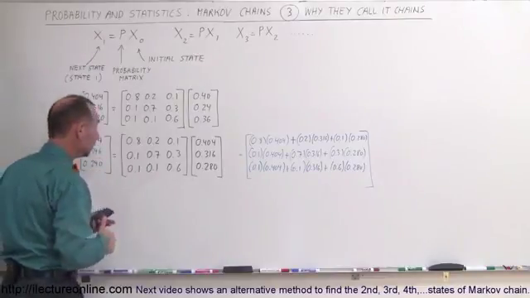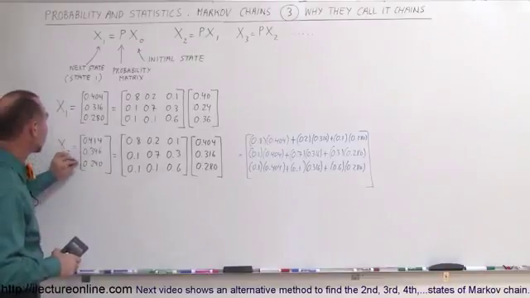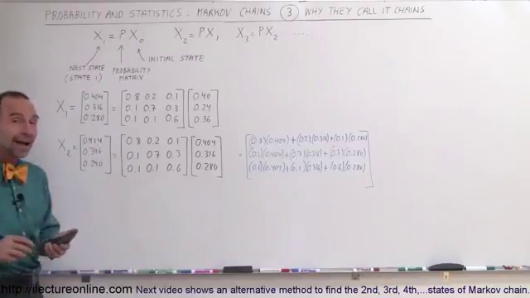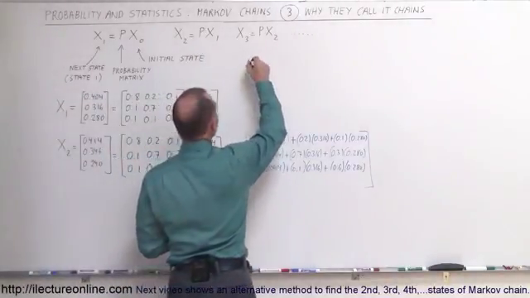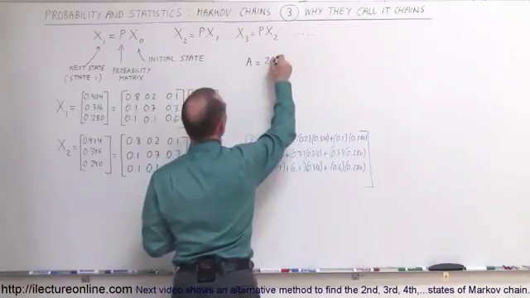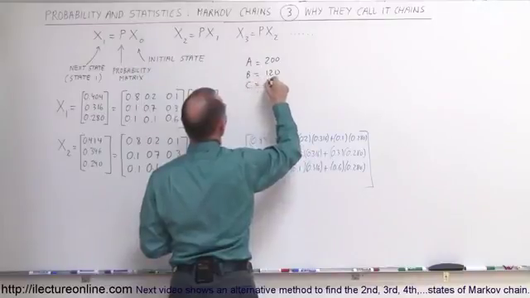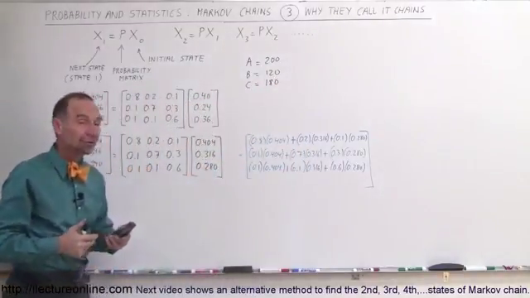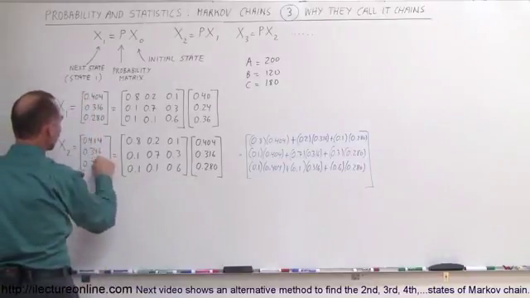0.240. Now, you can see that this would be the number of customers attending store A, store B, store C as a percentage of the whole or as a fraction of the whole. If we now multiply that times the total number of customers, remember that we started out with A having 200 customers, B having 120 customers, and C having 180 customers. Let's see how that changed after 2 weeks. So we're going to go ahead and multiply each of these by